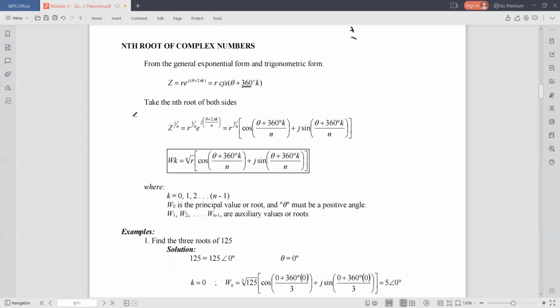So if you take the nth root of both sides, okay, so this is just the proof, no? Okay, so here we will have the general formula. So here we equate the two equations, that is the exponential form and trigonometric form. So we have here the w sub 0. This is the principal value or root, and your theta here should be a positive angle. Okay, so sinabi nga natin that your principal value is a non-negative square root. I mean, it should be a positive angle. And your W sub 1, W sub 2,